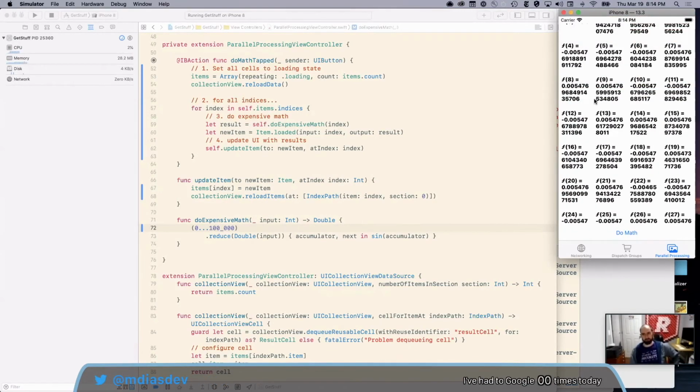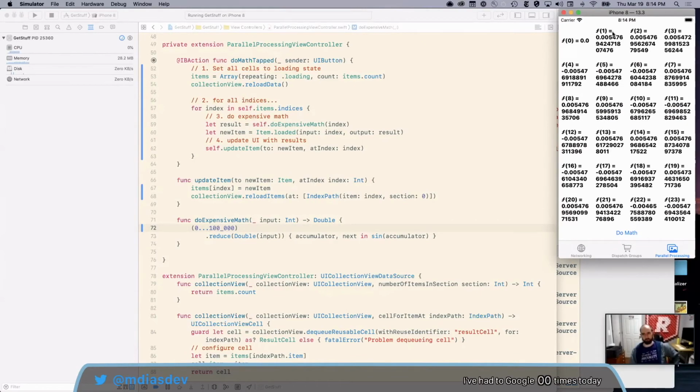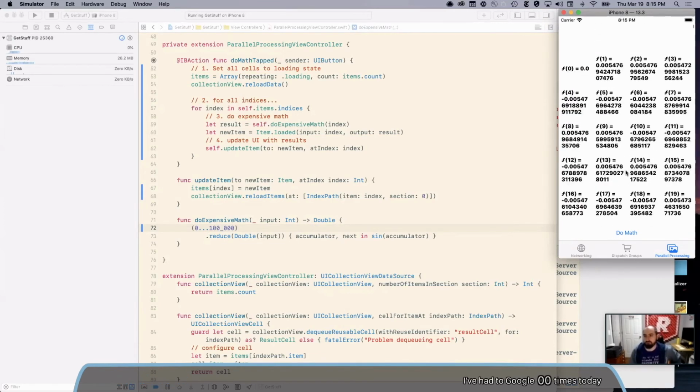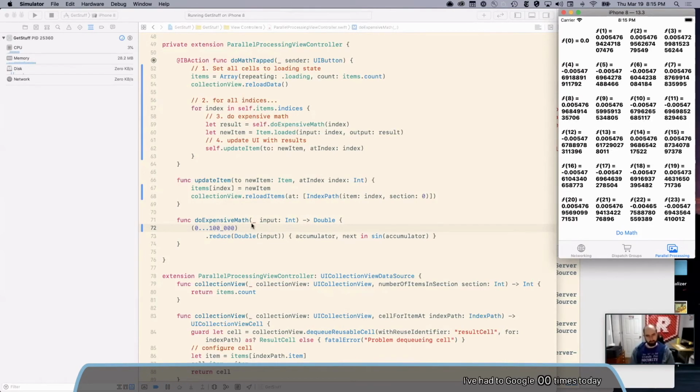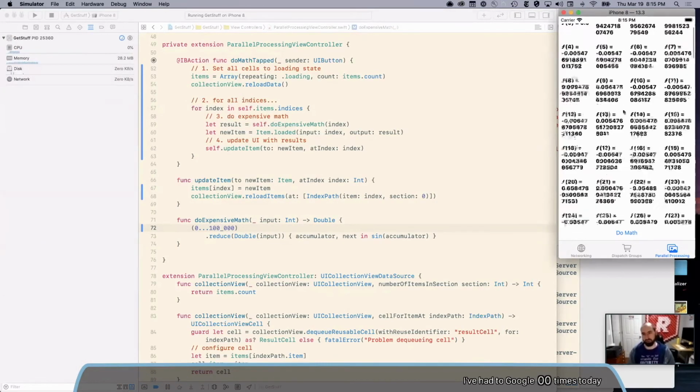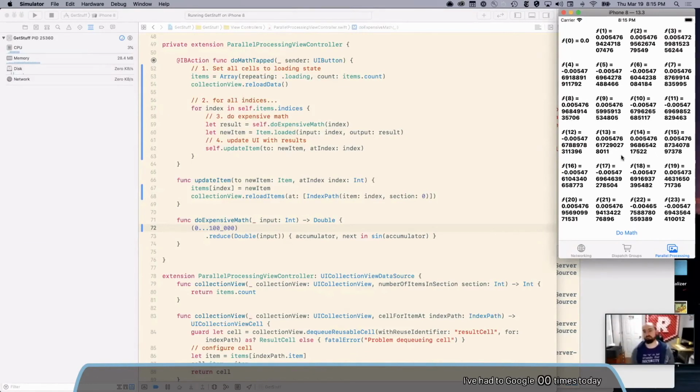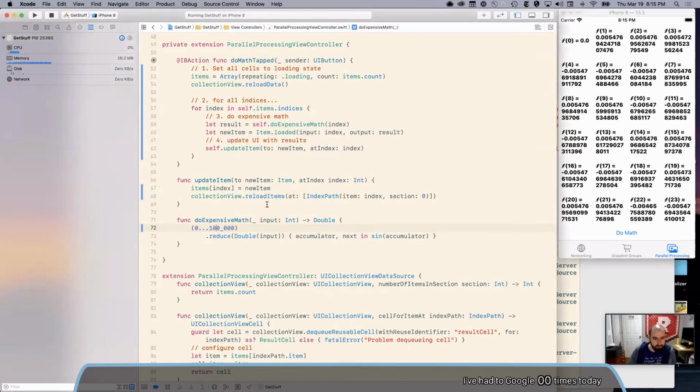So this is our final result, just so you can see what it's supposed to look like. We just say f of 0 is 0, f of 1 is this number, f of 2 is this number, and so you can see those results. So something's got to change, right? I don't have anything to do in this app while I'm waiting, but you could imagine an app where while you're waiting for something to process, you still want to be able to scroll and look at stuff, and generally you want to keep your app responsive.